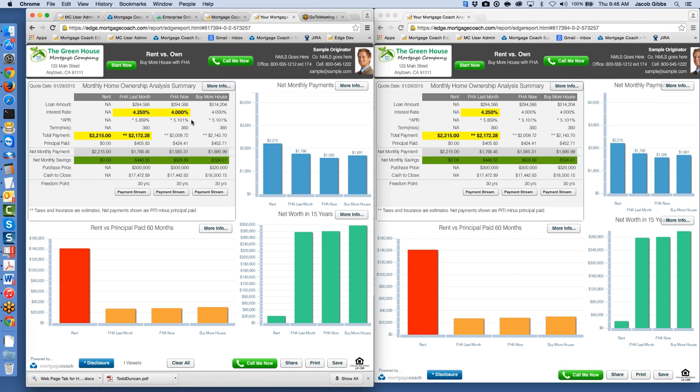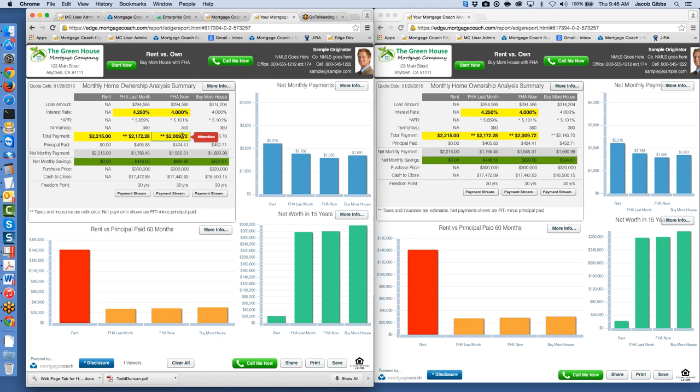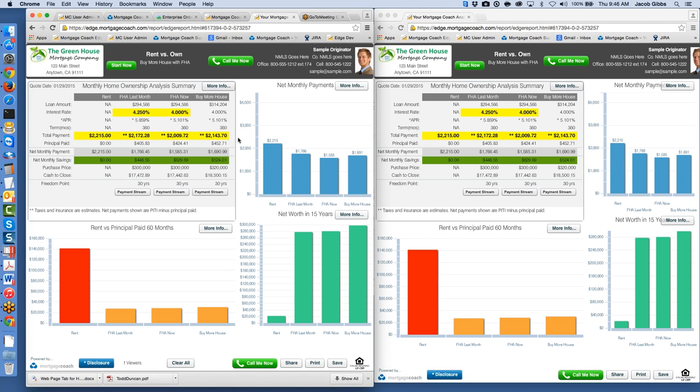So you'll see that we've now got a 4% rate. And beyond that, your payment has now dropped to just over $2,000. Pretty significant reduction in payment. The reason I wanted to show you this third column is I want to show you how much more house you can afford for roughly the same thing you're paying for rent, actually just a little bit less than what